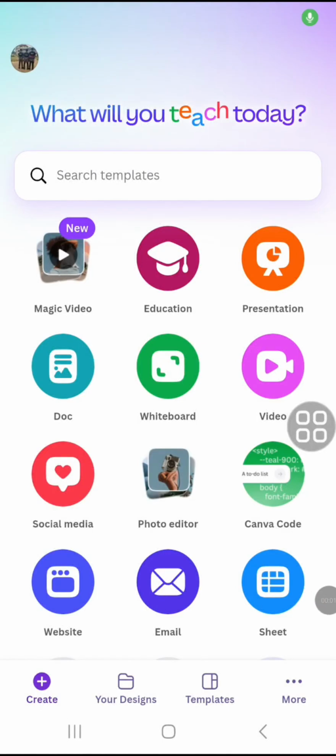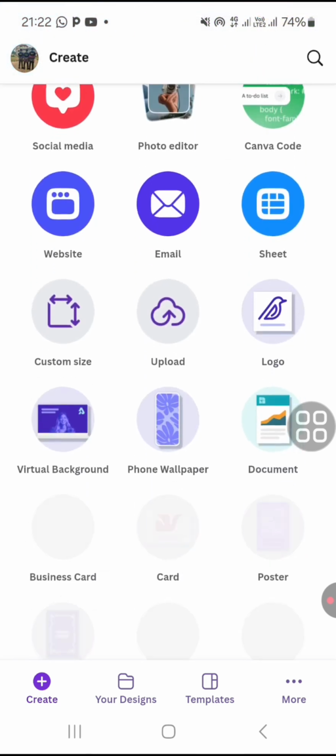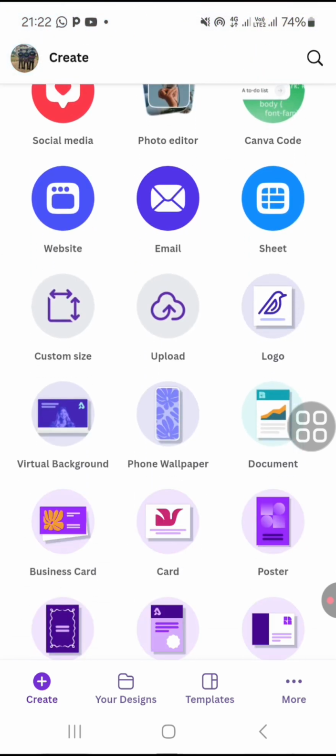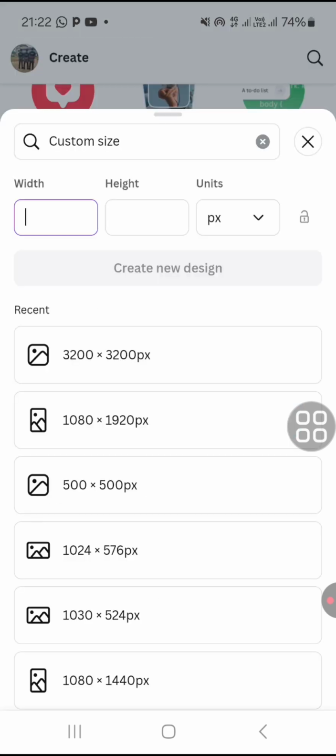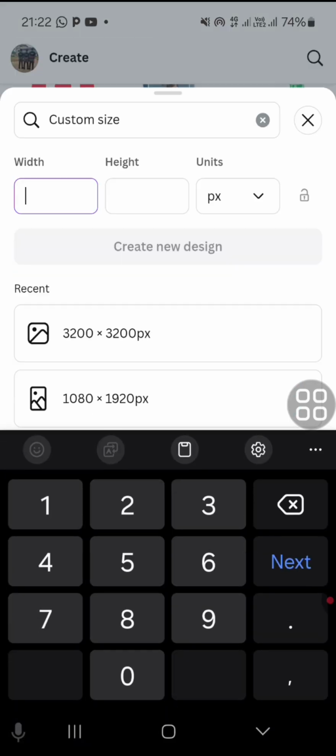When you open your Canva, this is what you'll be seeing. This is the front face, the interface. Then you scroll up to the place written custom size. You click on custom size and add your size. But I'm going to be using Instagram post, square post, which is